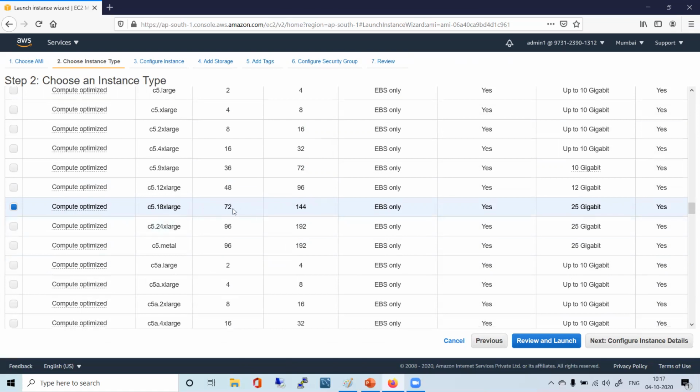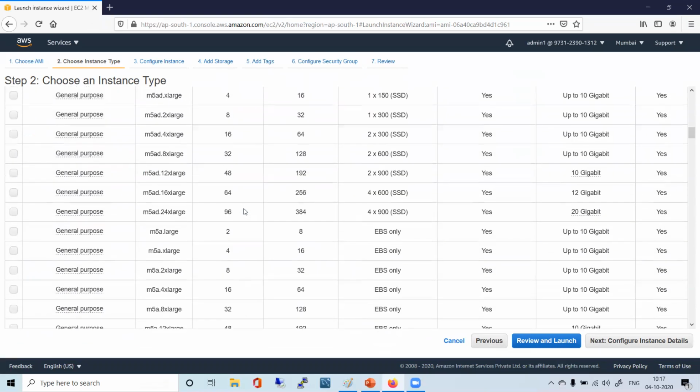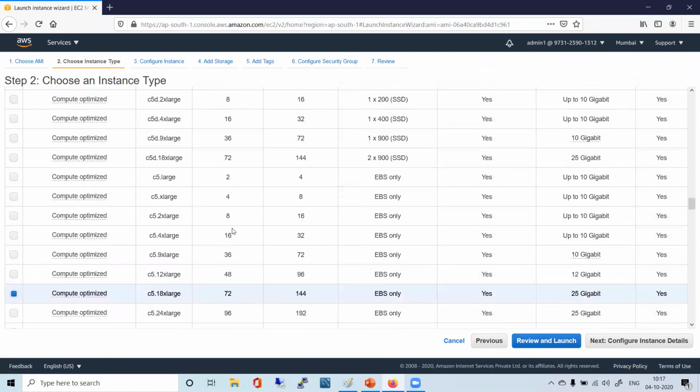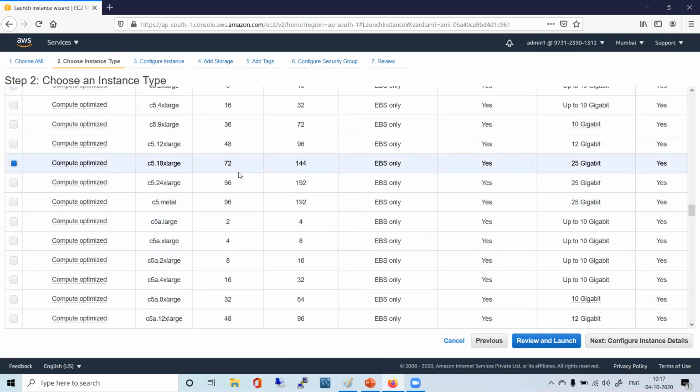That will be the new size, the new instance type, everything will be changed, with how many vCPUs? See, this field is vCPU and this is memory. So 72 vCPUs and 144 memory. Now I have 72 vCPUs. Is it not vertical scaling for EC2? Yes. Correct. So with the same AMI, with the same configuration, if I want to vertically scale my EC2 instance, this is one way of doing it.